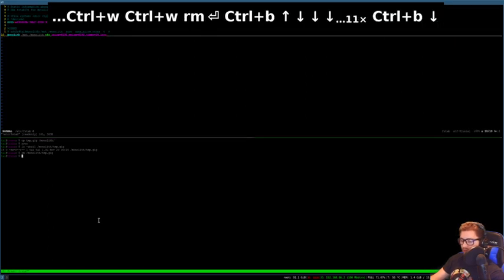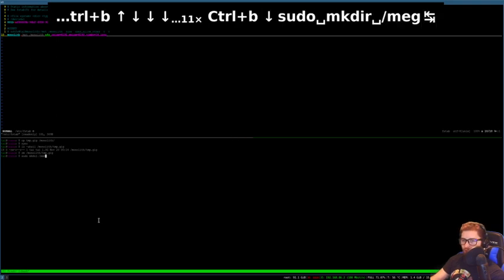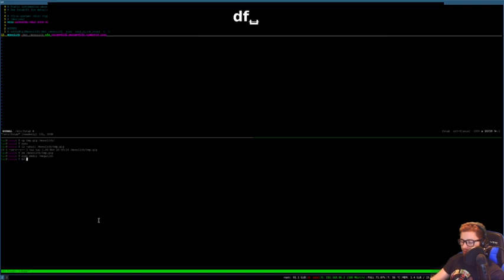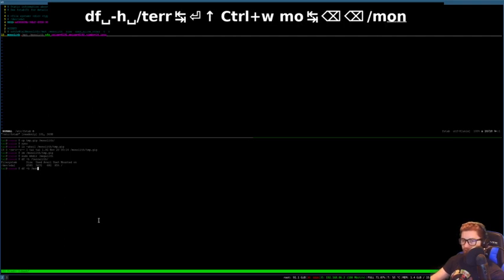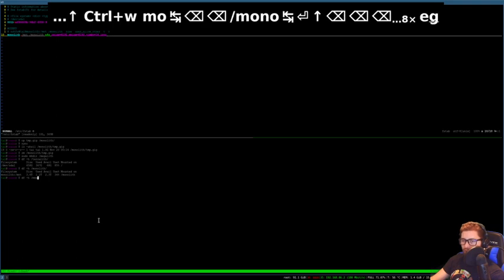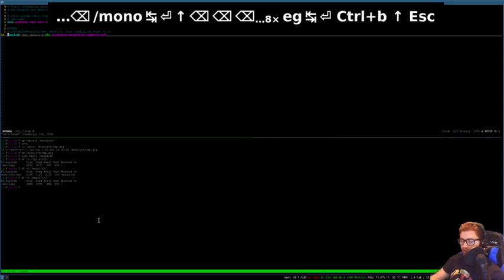So first what I need to do is sudo mkdir megalith. I already have one for teralith. df -h teralith. Looks like that's just my root drive. Monolith, we already checked, should have that available. And we just created megalith, so that should also be my root drive. So that means we're good to